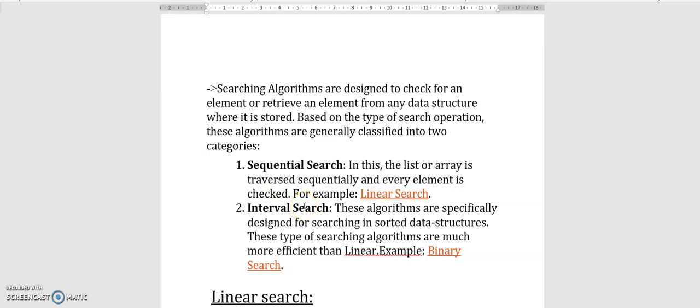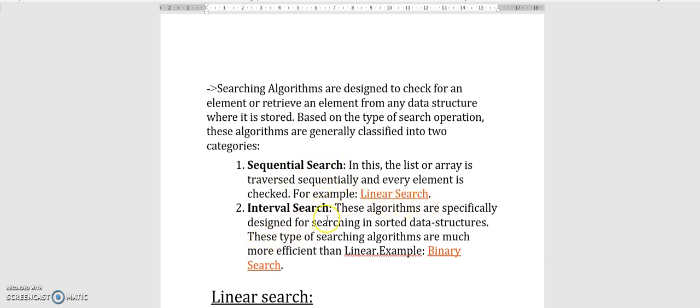For example, if there are three elements in a list, we search 1 first, then 2, then 3. We search in sequential order, one by one. Traversing means checking one by one, sequentially. It is called sequential search. An example of this is linear search.